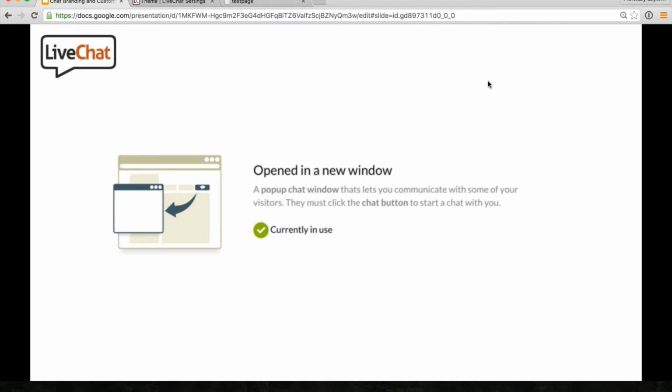But before we jump into the administration panel, let's take a look at the elements of the chat window. First of all, there are two chat window types to choose from. One being the embedded chat window and the other one being the pop-up chat window. The embedded one is, well, surprise, surprise, embedded into the web page and follows customers while they navigate through your website. By default, it's displayed in the bottom right corner of your website, but you can easily change its position